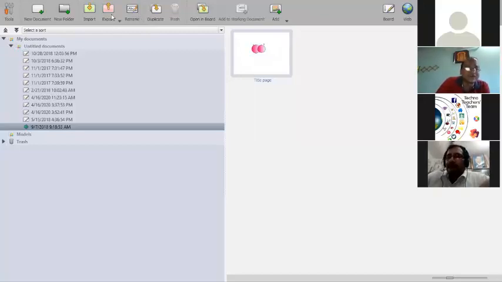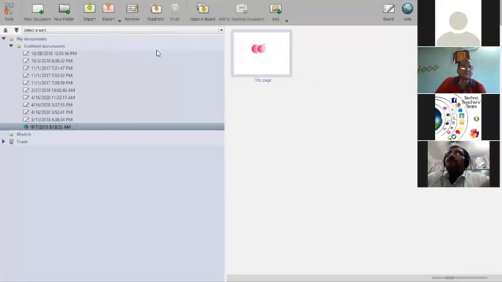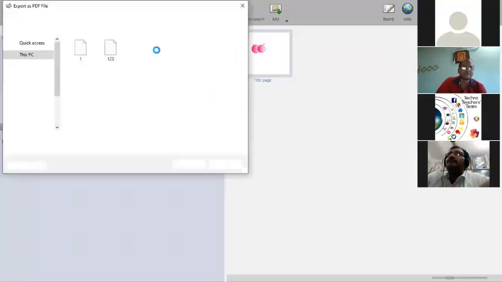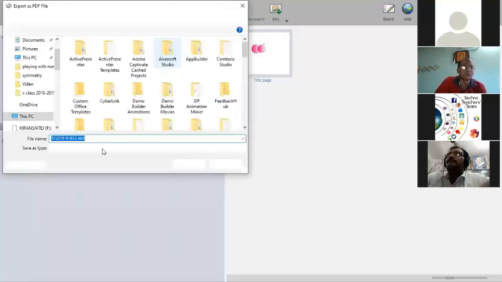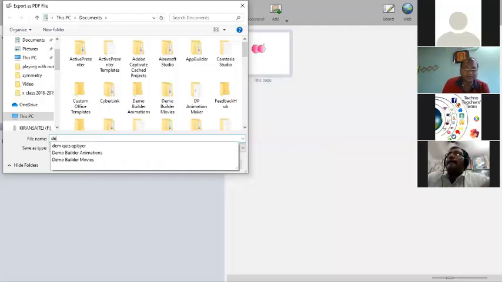Okay. Now I am going to export this one. Here are the five formats. This we did not need. This is also we did not need. Just what we need is export to PDF. Now I am exporting this document to PDF format. Yes, it is exported with some default name. You can change the name to demo.